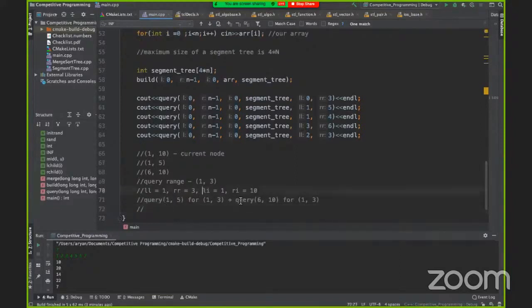Now the issue with this is that look at the second part. 6 to 10 and 1 to 3 have no common elements, right? The right child, which is the range from 6 to 10, has nothing to offer the answer for the range 1 to 3. So there's no point that we even go into that node, right? Nodes 1 to 3 require nodes 1 to 3, and 1 to 5 contains all three of those nodes. 6 to 10 does not contain any of them, so it won't help with our answer. There's simply no point entering that subtree, right?